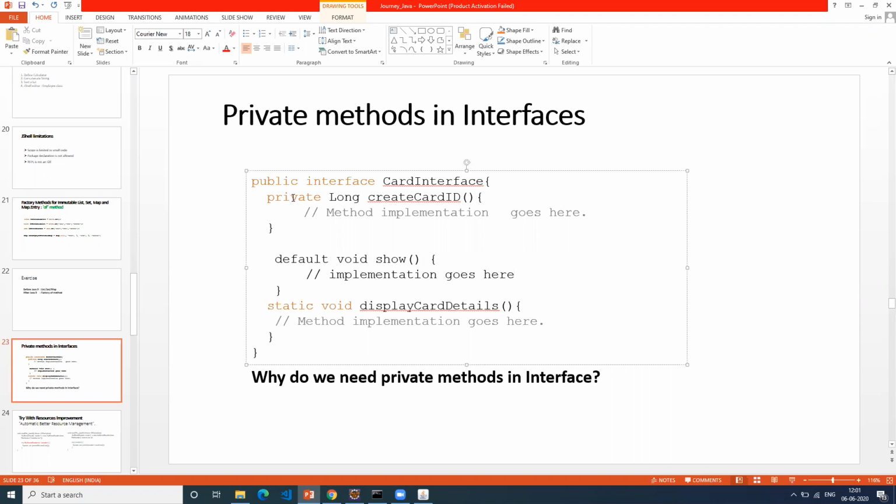First of all, for a developer, if you see it from one angle, it doesn't make sense to add a private method in an interface. Correct? My class uses some private method, I can understand that because I need it within my class. But if I write a private method within my interface, who is going to use it? Only that interface can use that.